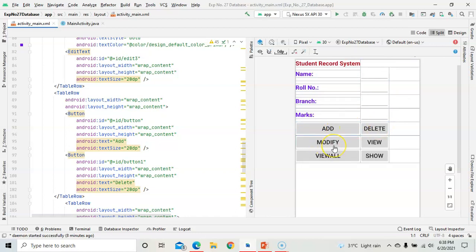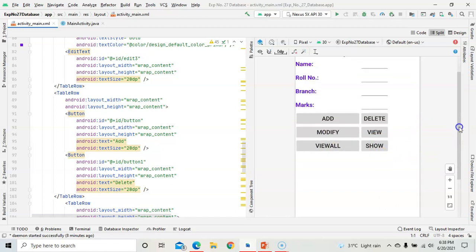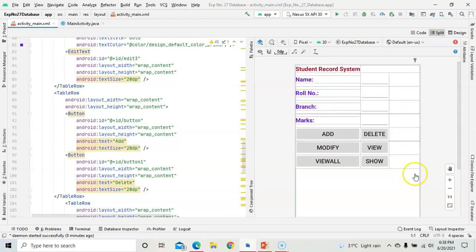By modify we can update existing data. By view we can see the data which is already added. View all, you can see all the data which is already added. And show is a simple button which shows who made this program. So these are all the buttons for the SQLite database.